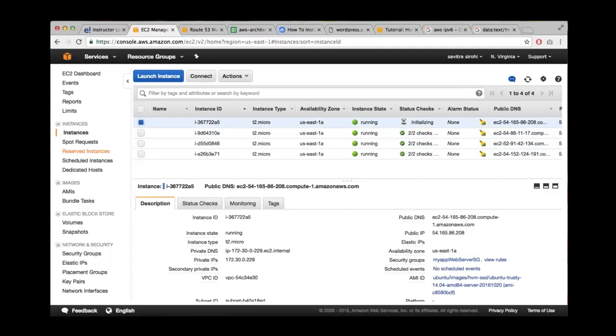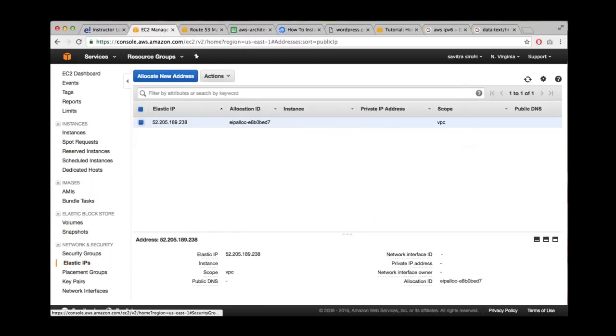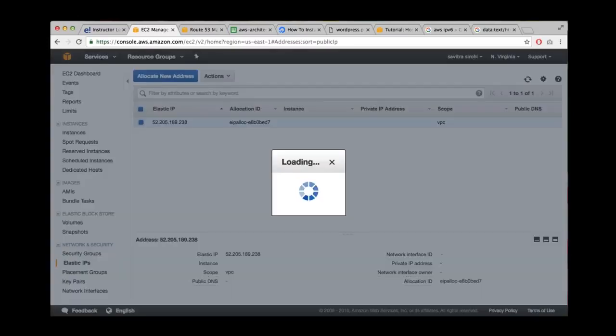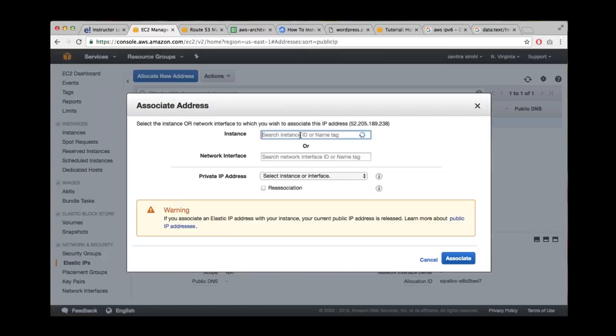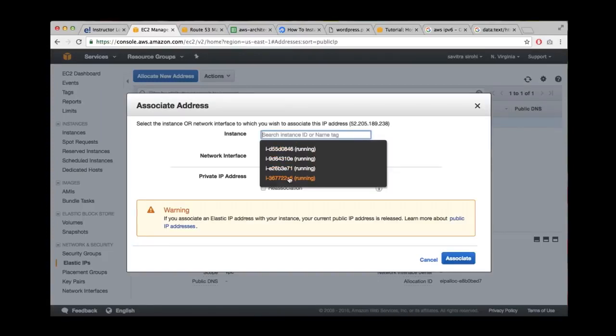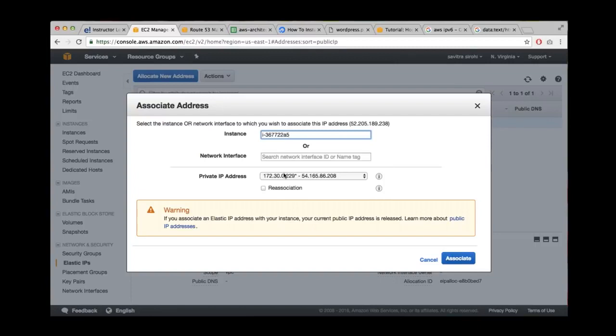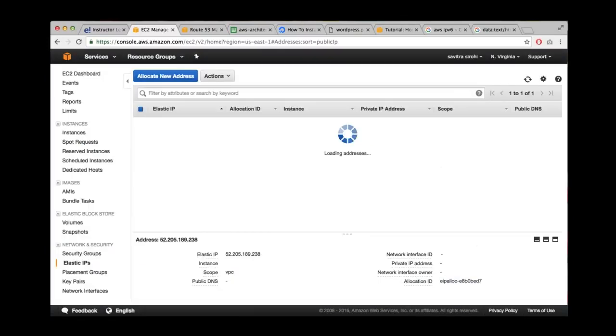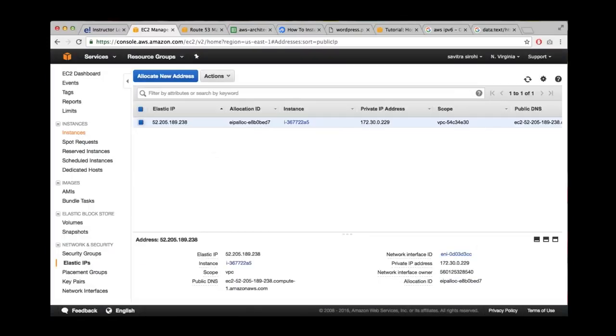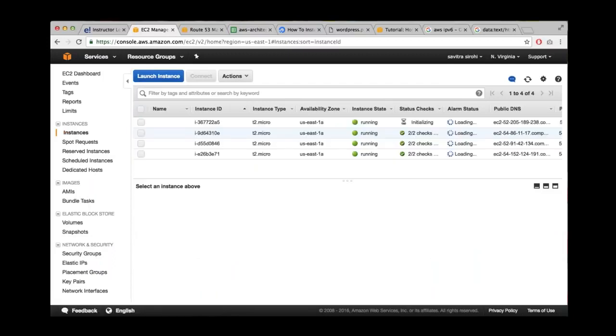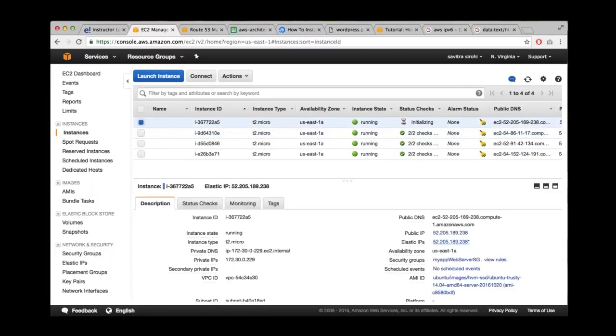Okay, so this was 22A5. All right, let me now associate this to 22A5, right? So this is our WordPress server, and we are associating this Elastic IP with this server, right? Okay, once you do this, you can look at the instance, right? If you look at this instance, you'll find that the Elastic IP address shows up in the